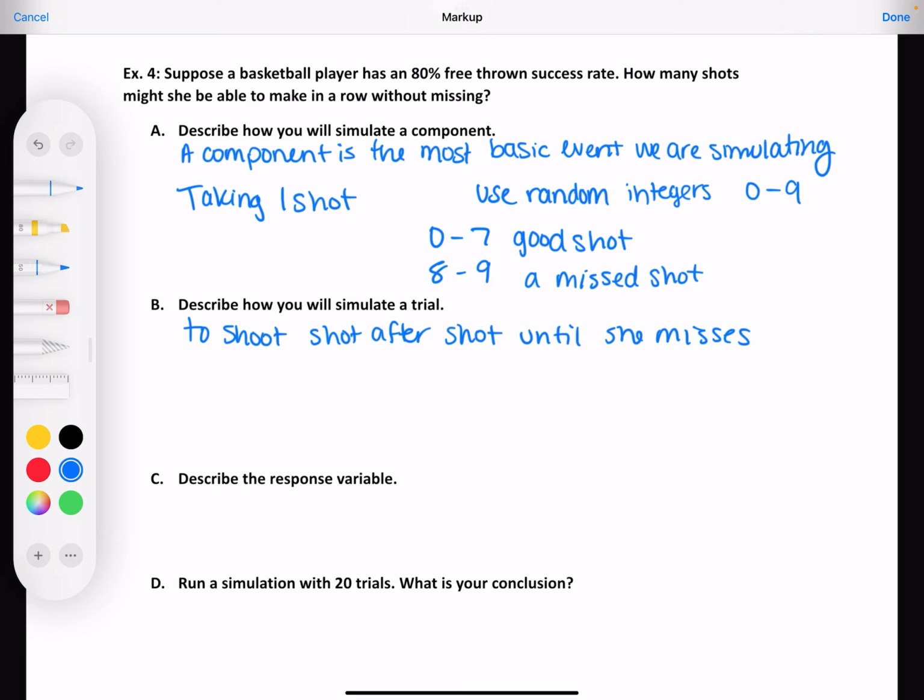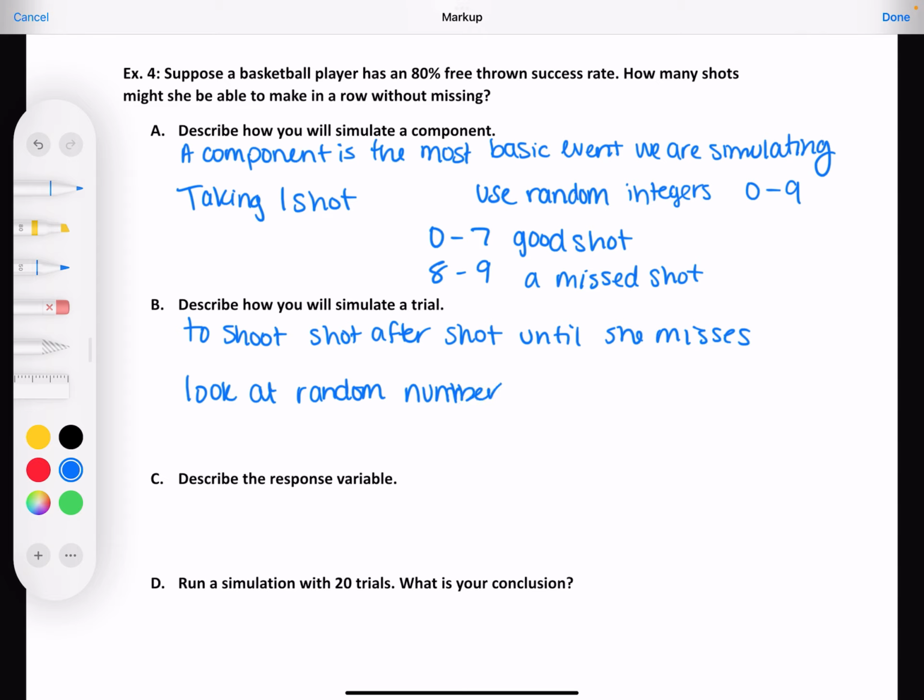I'm not going to do it with a random number table right now, but I will show you all how to do that. I just don't have one that's not all written on to be able to show that with. When we get down to the Run 20 trials, we'll just do it on our calculator for today. So I'm going to write here that we could look at a random number table.